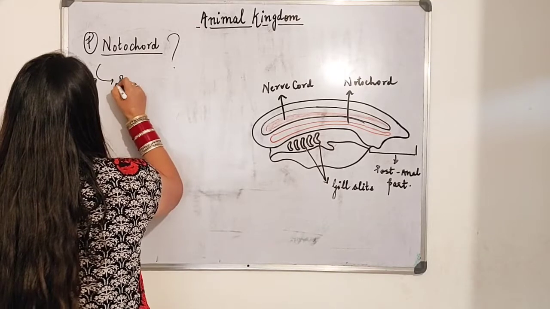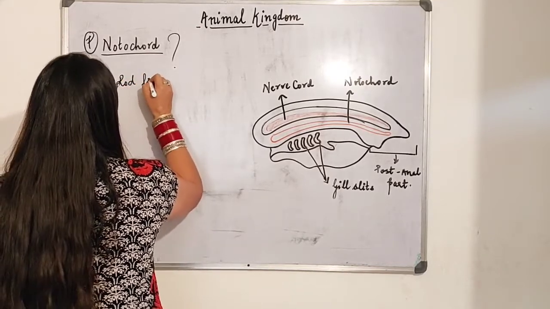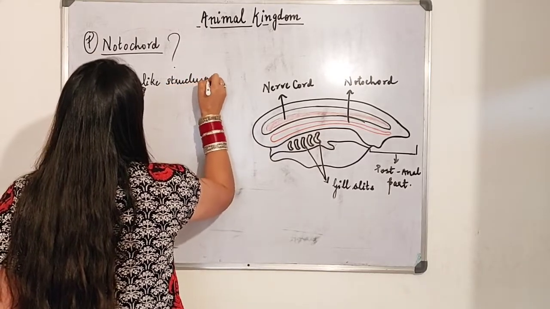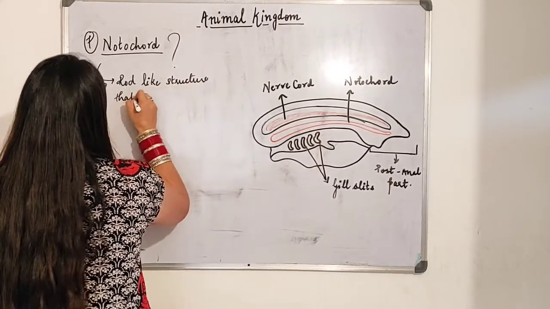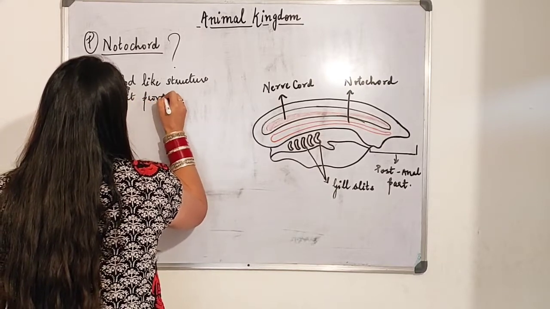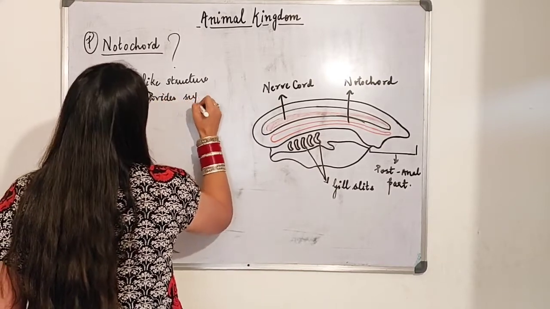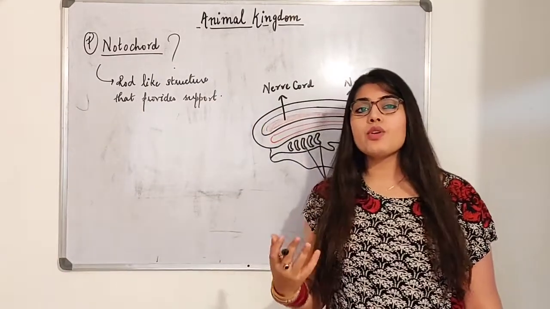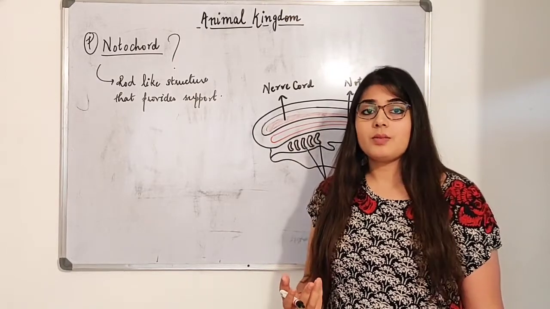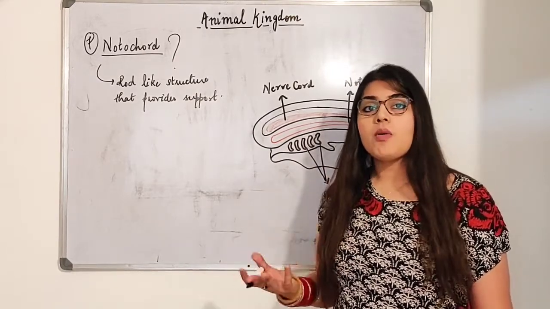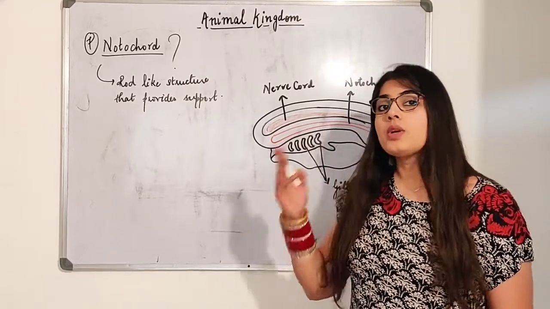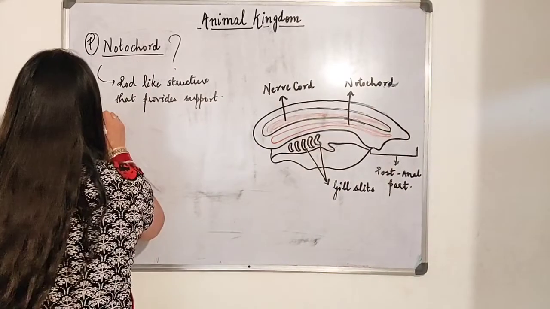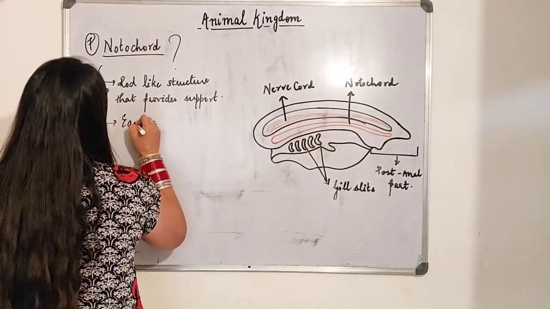Notochord, beta, is a rod-like structure that provides support. If I ask you guys whether you have a notochord, you will say yes. We earlier had a notochord which is now known as our backbone. So in the early stages of development of the backbone,